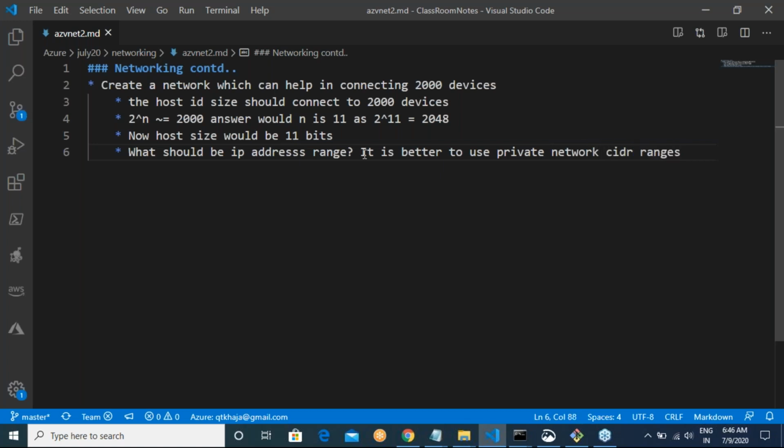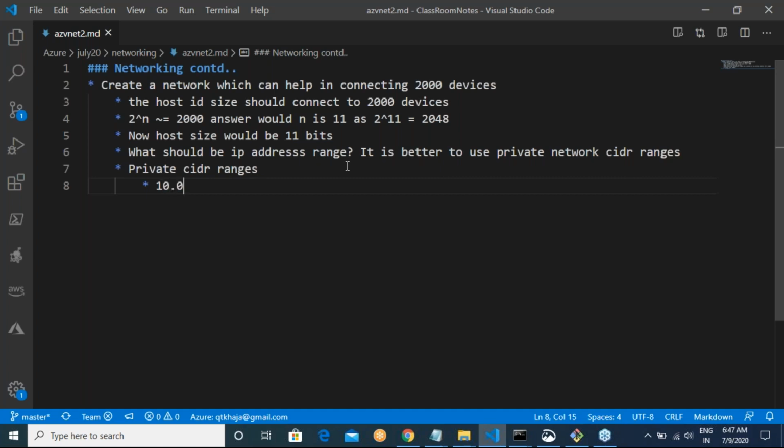There are certain IP addresses which are fixed for private networking. What are the IP addresses that are reserved for private IP addresses?